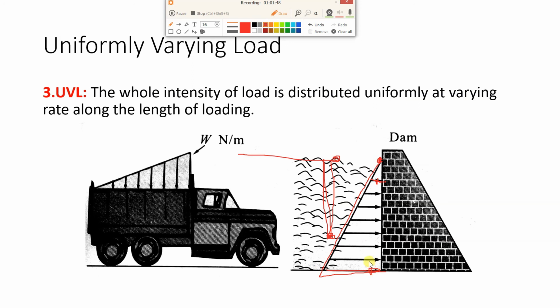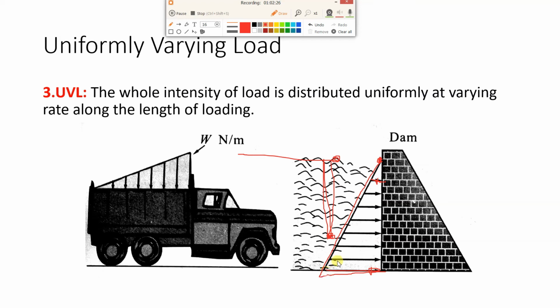As you go inside the water, pressure increases. That is why, if you decide you want to go to the seabed of the Arabian Sea, you cannot go directly. The water pressure will be so high that it will crush your body. That is why to go deep inside the sea, we have to use a submarine. That submarine is designed to handle the water pressure. Otherwise it will collapse under the pressure of the water.